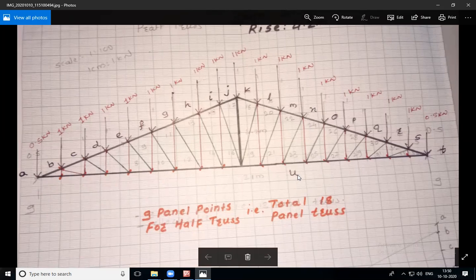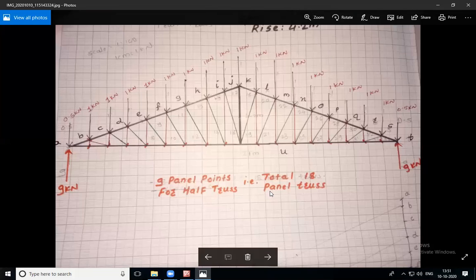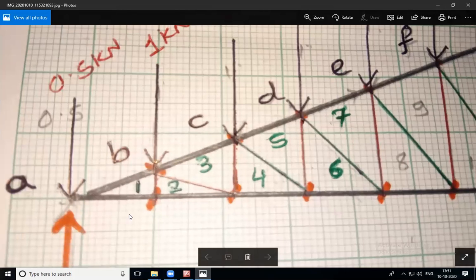Now we have to give the inner notations. For the inner notation, each space is to be given some inner name. So how to give that particular name? To give the inner notation, we have to start from the extreme end, as always. And in between two inner notations, there should be one member. So one member should be in between two inner notations. So how to give the names? After starting with the names, our figure will look like this.